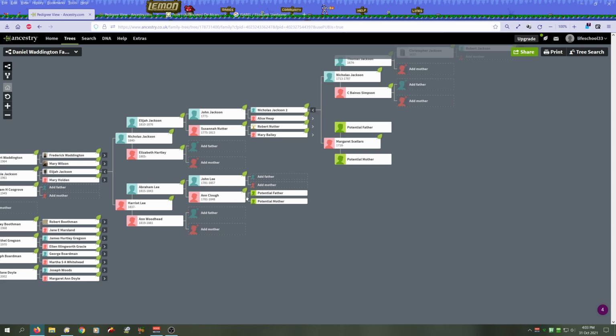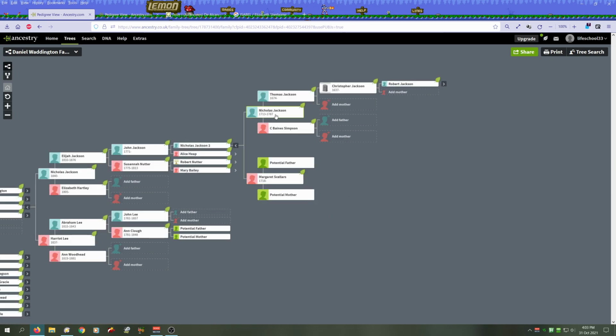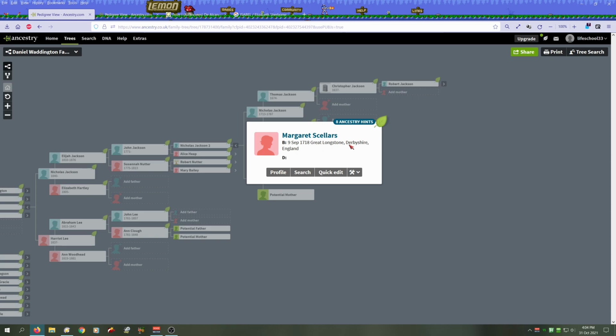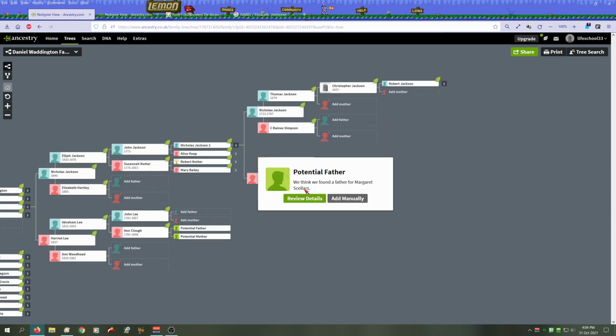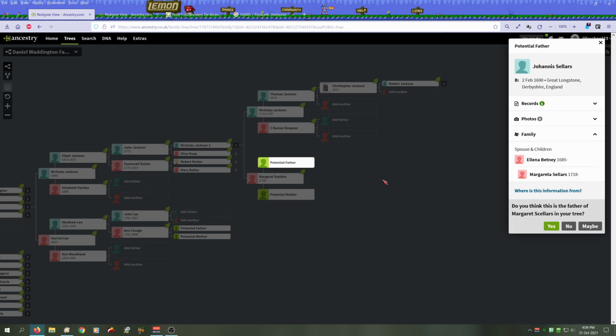Now it's pretty easy if you can find the descendants within this area, the 1800s to the 1600s. It will suggest things for you and it will bring up some evidence so that you can see that that's the right person. So for this one, we don't know where they lived, Barrowford in Lancashire, so we can see Great Longston in Derbyshire. If we look at the details for this one, we can see it's Great Longston in Derbyshire. It's got Margaret Scalers in there, it's got the same date on there, and we can also see Elena Betsney. So if we click on that